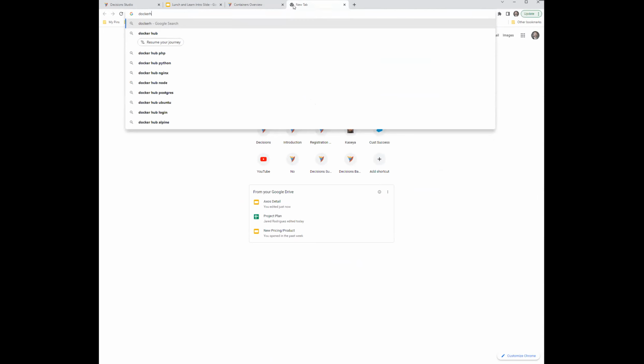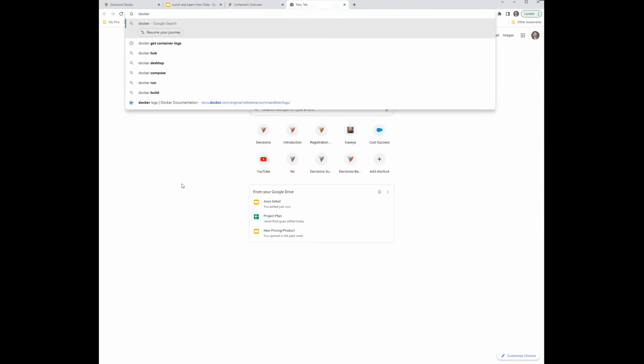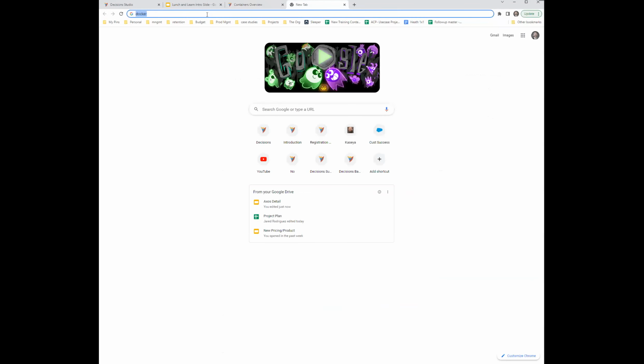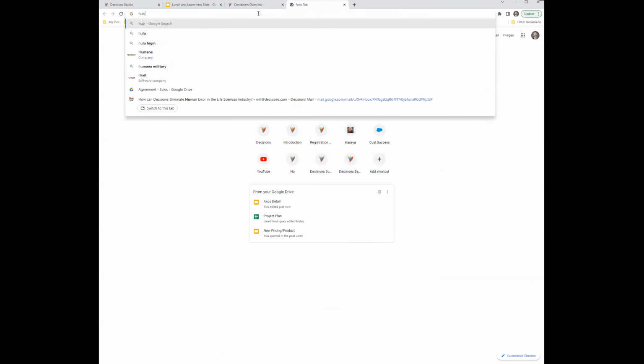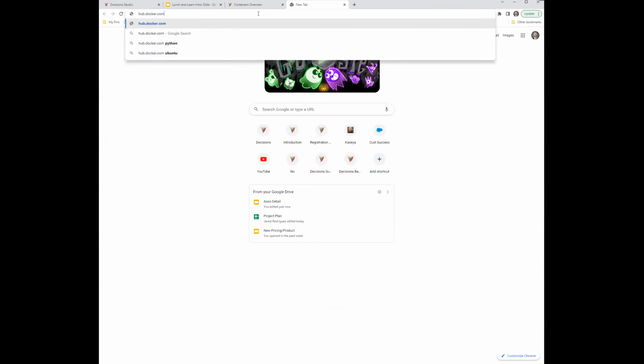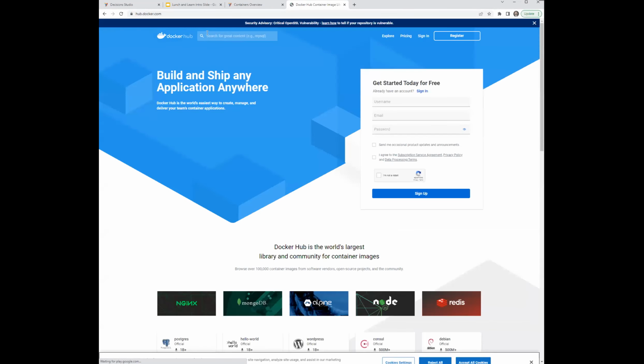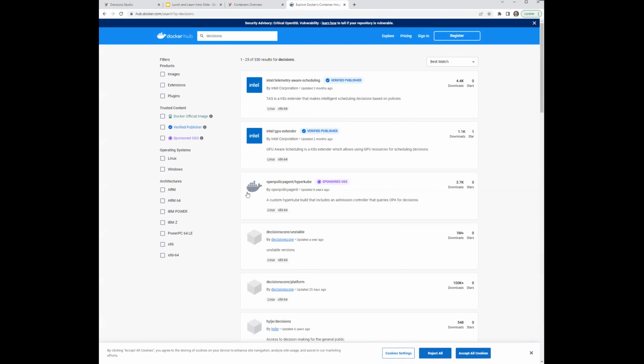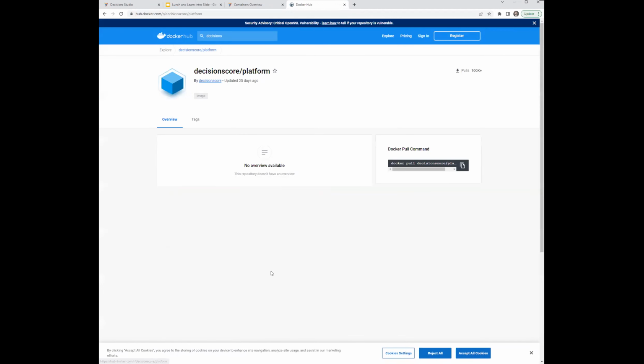Yeah. Actually, Docker repo. Hub.docker.com. Yeah, I think it's under decisions. Decisions core unstable, decisions core platform. So let's explore. Get up to the root level. Either way,